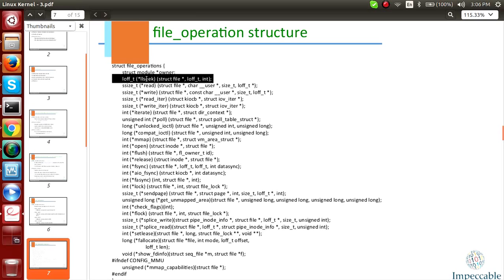You can seek a particular offset, read, write, read iter, write iter, iterate, poll, write IOCTLs, mmap, open, flush, and release it. These are the possible operations you can do to the file.